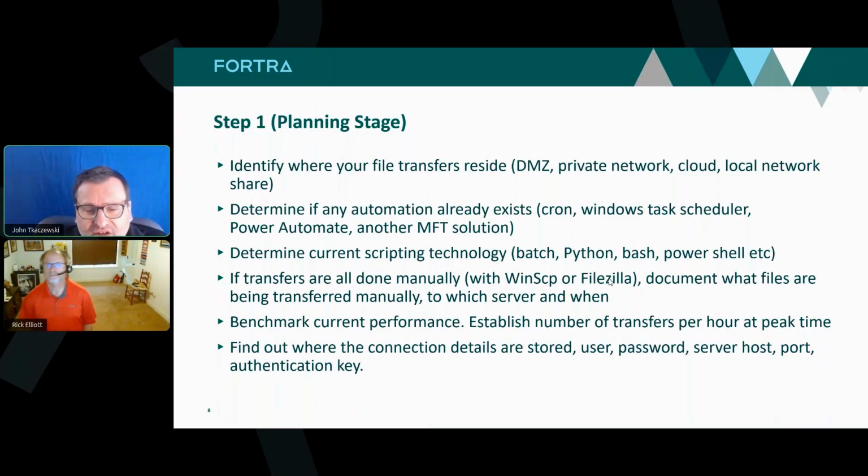So just remember that if you want to move to automation, the handling of errors or problems becomes a different issue. Right now, if you're manually moving this file, let's say for payroll every week with FileZilla, and something doesn't work, you see an error message in FileZilla and you can react to it right away. If it's automated, now you have to see some kind of a log or some kind of a warning message that something didn't work out. So remember that now you're not working with what you see on the screen in the present, but rather you're going to be looking at status logs, audit logs, and reports to confirm everything was working fine.